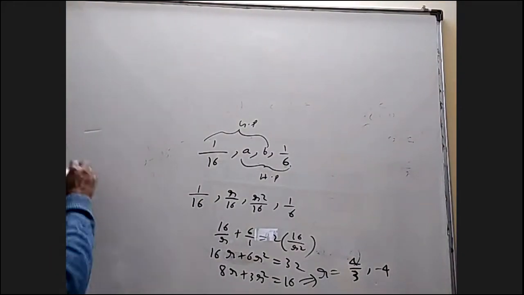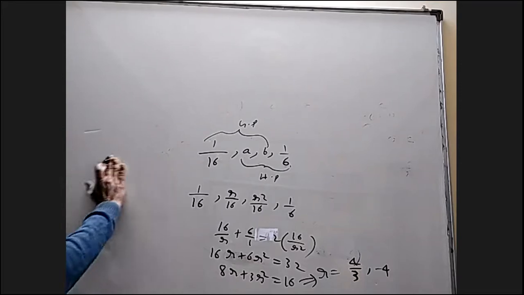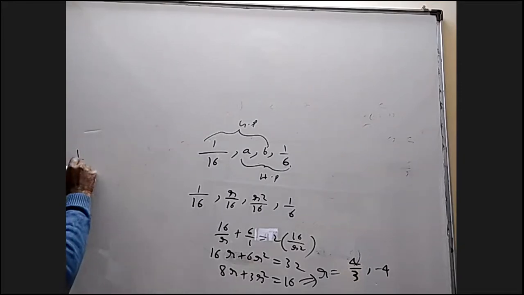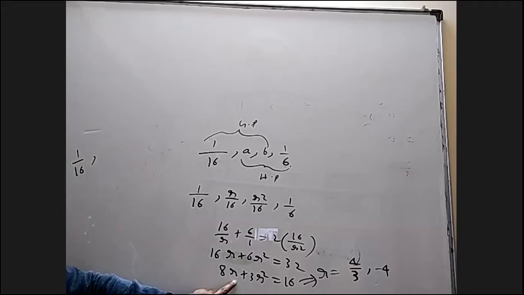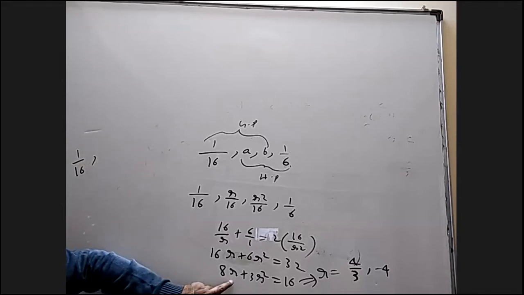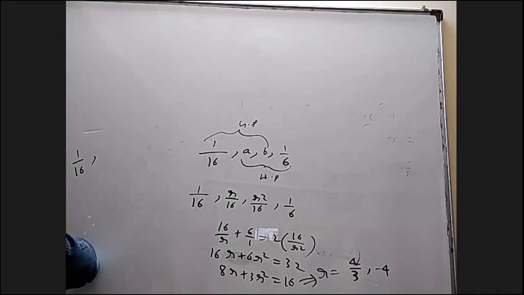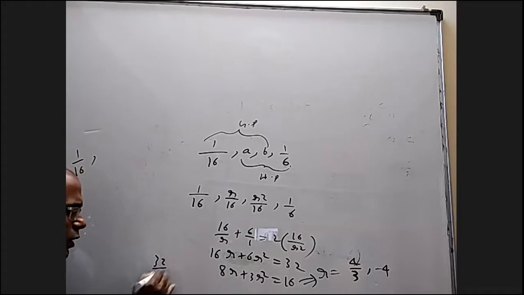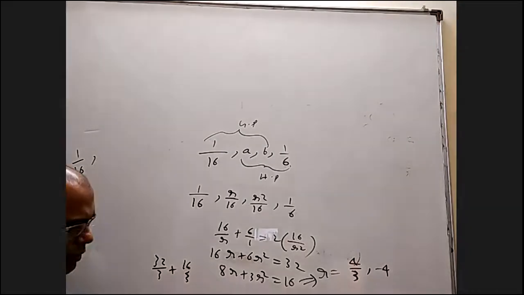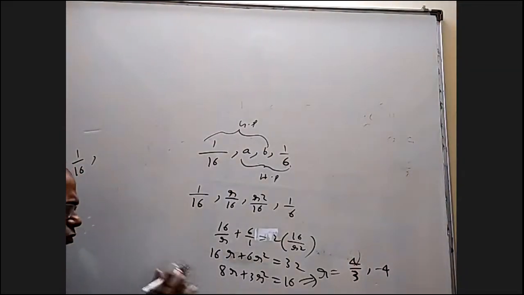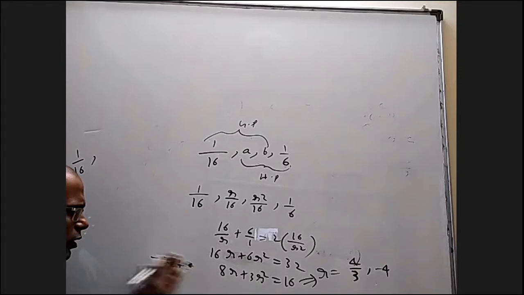So if you take answer 4, what we'll get is 1/12 and 1/9. Wait, 1/16. Anyway, is 4/3 right? 4/3 is not right now for the common ratio. Right, 4/3 means correct one. 32/3, this is 16/3, 48/3 is 16. That's correct. -4 means -32 plus 48. That is also right.